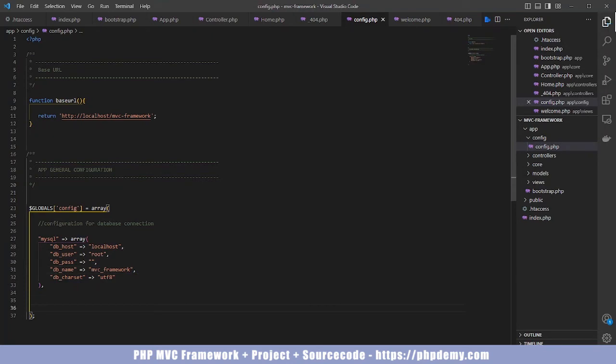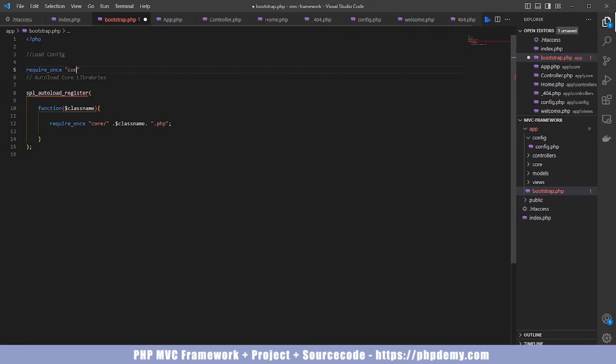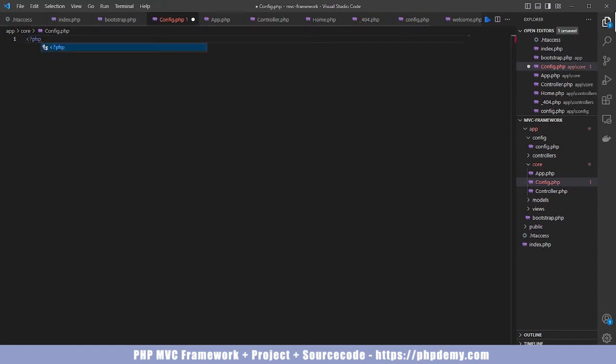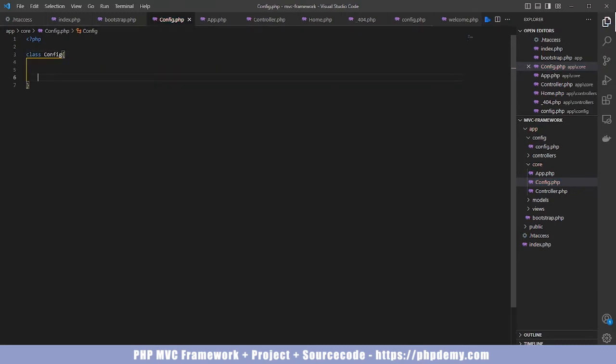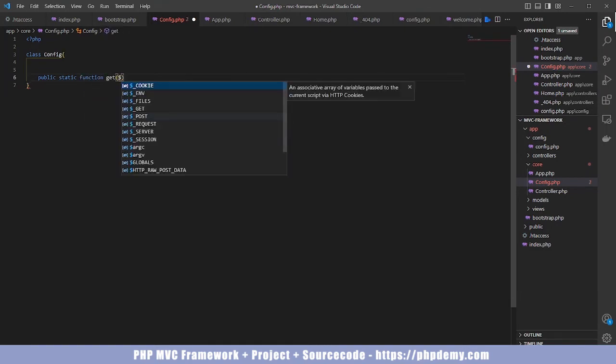Now, the next thing we are going to do is how to dynamically include these credentials in our projects. So let's first of all call it here. So we will load config, and then we require once config. So next we are going to create a config class in our core. So we have config.php. So we have our opening PHP tag, and then the class name Config. So we begin with a public static method called get, which accepts an optional parameter called path, which represents the path to the desired configuration values. So we say we have a public static method called get that has an optional parameter, so it's going to